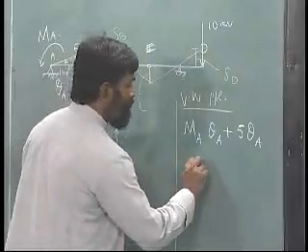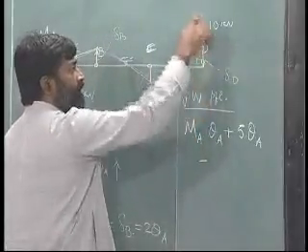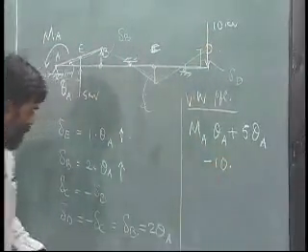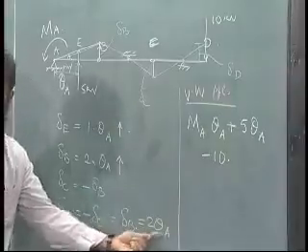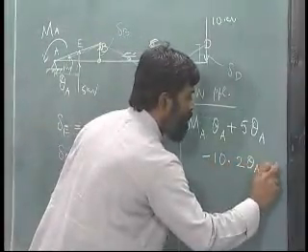How about this? This is a positive delta D but a negative this thing, so it is minus 10 times what is delta D, it is 2 theta A, so it is 2 times theta A, and that is equal to